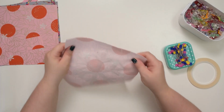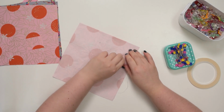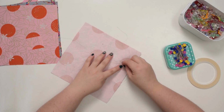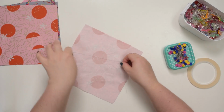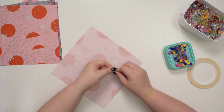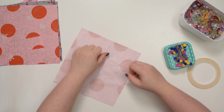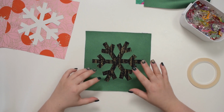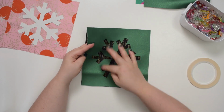Here we go. So then you're going to pull your thread tails to the back of the fabric. And we can tie a knot to secure them in place. Here we go. And just trim the excess. If you are doing the reverse applique method, you will need to take your external piece with that cutout and